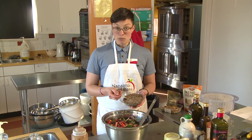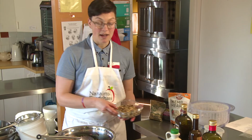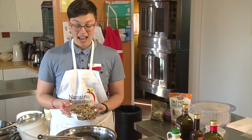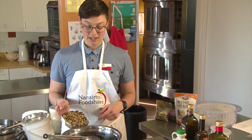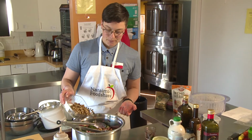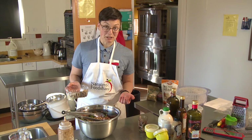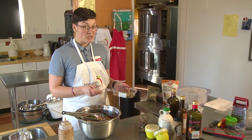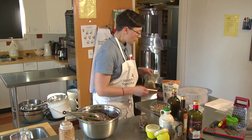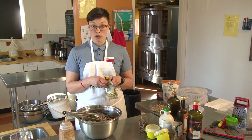So I have some quinoa I prepared beforehand, and I can add these. I've got some walnut bits here, and I can actually add this directly to this mix to keep in the fridge. So here we go. That looks about right. It's up to you how much you add. I also love sesame seeds. These give us a nice quick crunch,